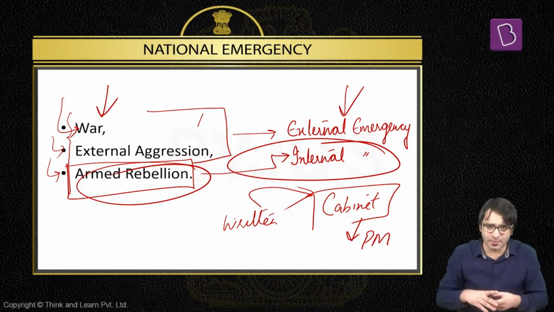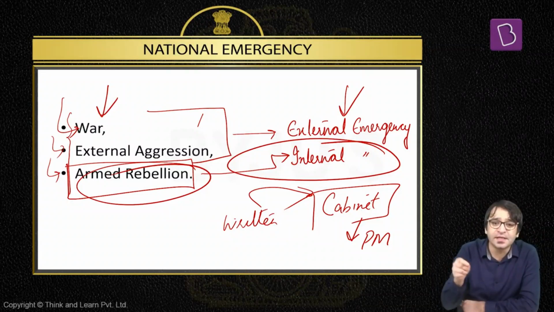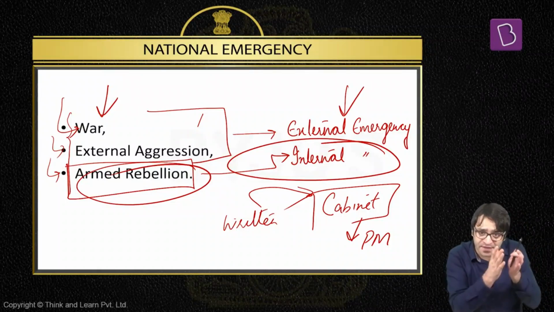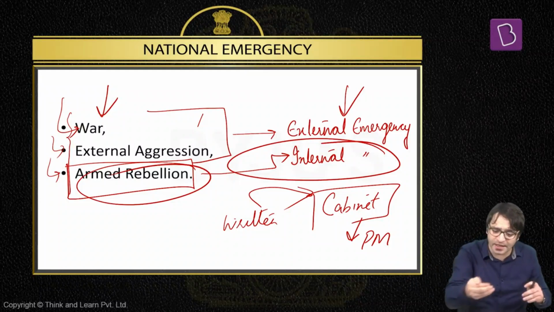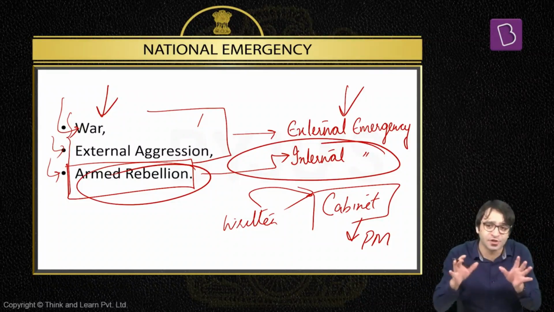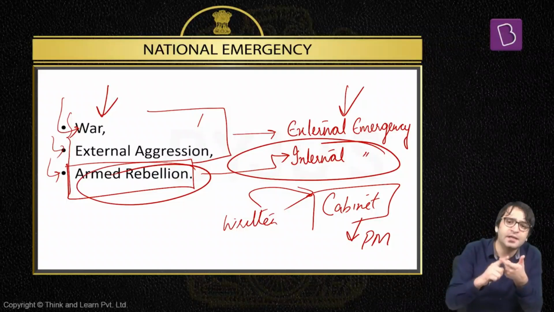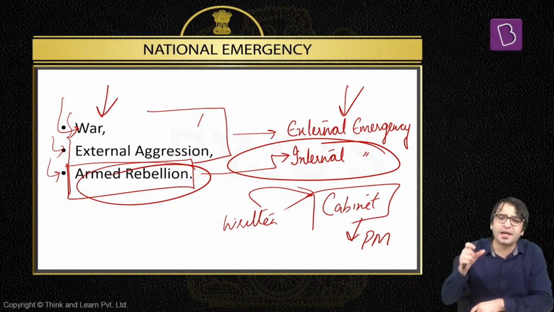So what is national emergency? Under Article 352, if the president is satisfied because of the written advice of the cabinet that there is a danger to the security of the state, security of the nation as a whole, security of a particular state, security of any particular part of that state, because of war, external aggression or armed rebellion, president may proclaim national emergency to that effect. But now let's look at what is the validity of this presidential proclamation, which means for how long can national emergency continue in India?